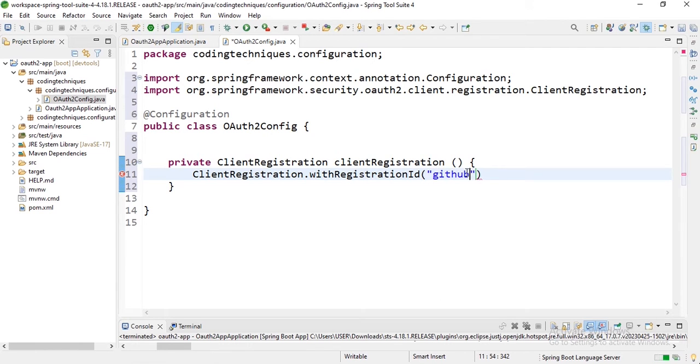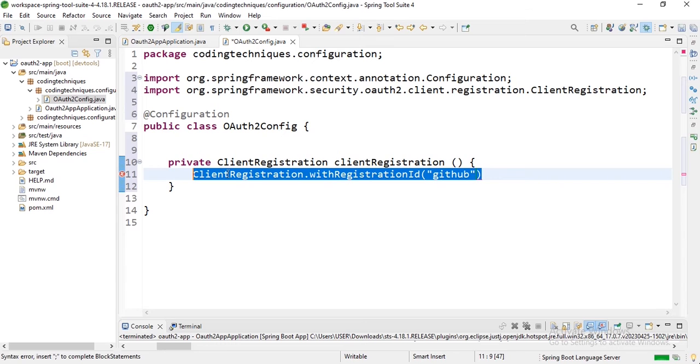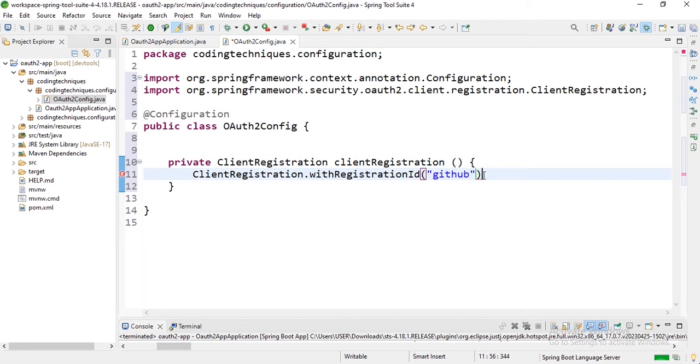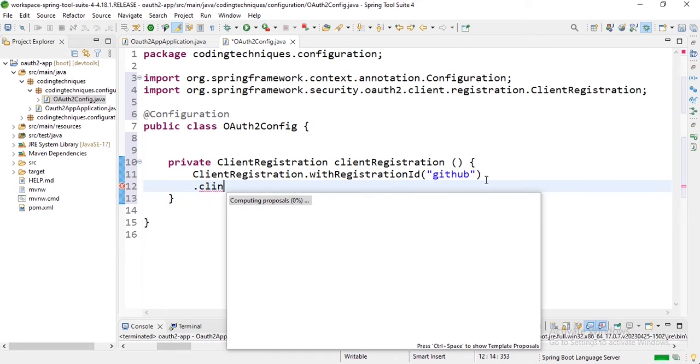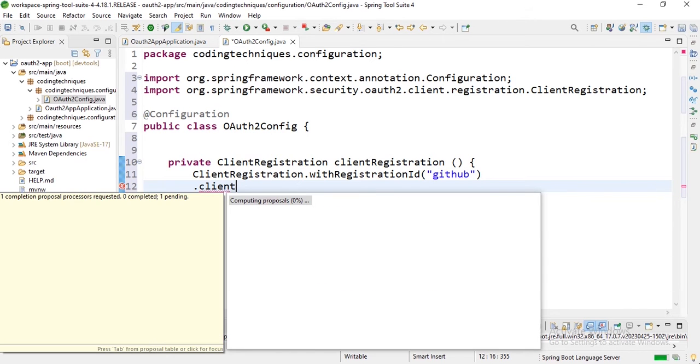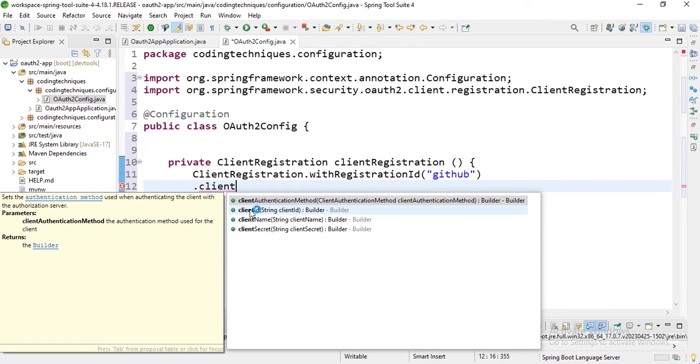There are two ways of adding this configuration. First, I will show you the first way which you will use, and later we will also use the CommonOAuth2Provider, since GitHub is part of the CommonOAuth2Provider, which is the class provided by Spring Security that handles this. But let's add this first. We have withRegistrationId GitHub, and then we will access the client